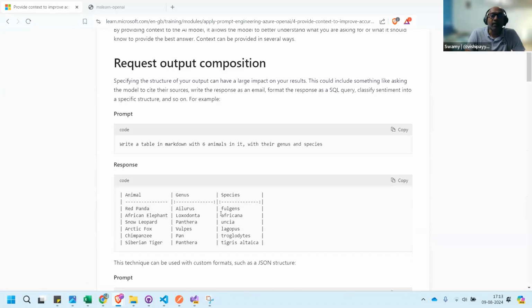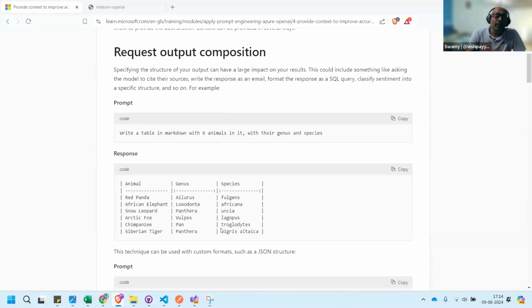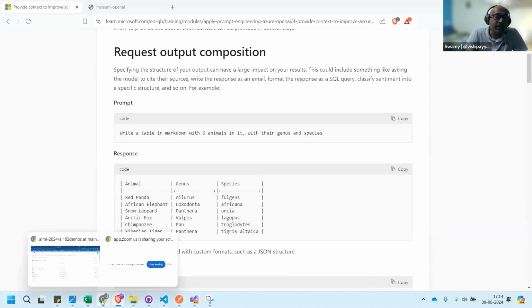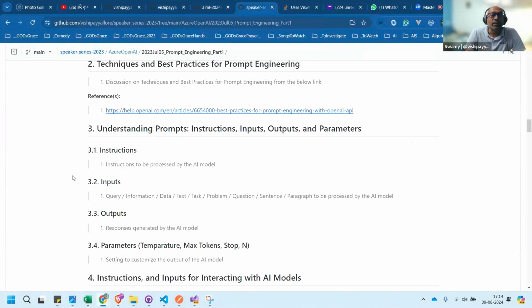You can see that we'll execute some of these samples, and then come back and see a few things from prompt engineering. Here you see the instructions and inputs: what you're trying to do, whether you're trying to query information, data, text, or a problem sentence to be processed, and we need the outputs.